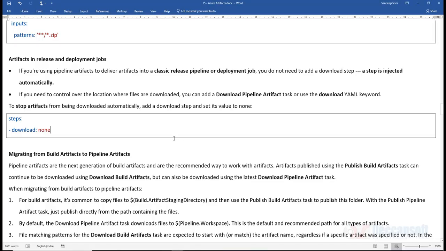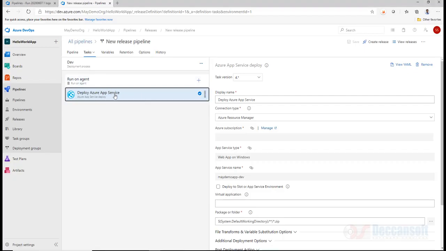Why? If you are using a pipeline artifact to deliver artifact into a classic release pipeline or a deployment job, you do not need to add a download step. A download is injected automatically. You don't have to mention it, it's automatically there.